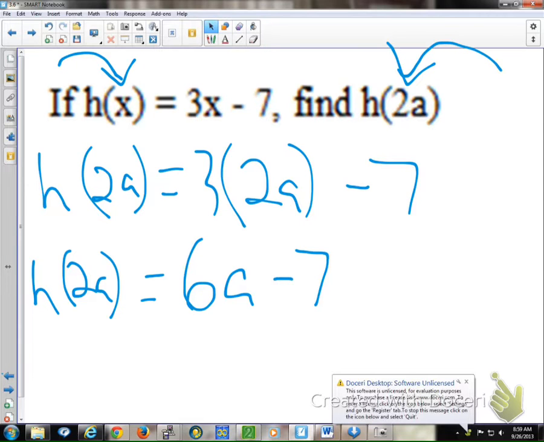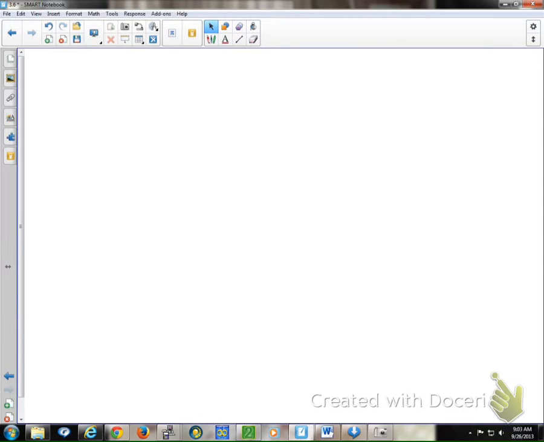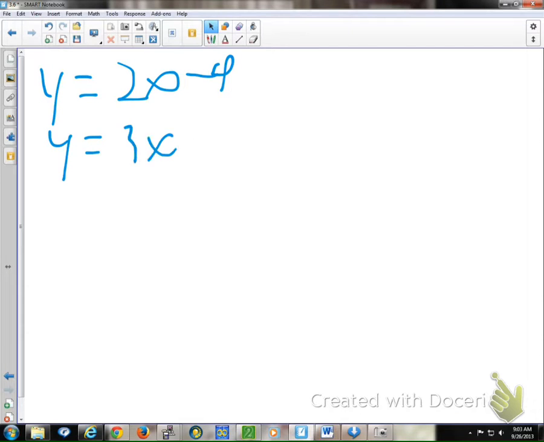The worksheet's done, right? Let me quickly show you, and I'm not going to give you any problems over this. I just want you to see it. Let me quickly show you the whole point of functions. All right, we're going to have 3 different equations. Not in function notation yet. These are just 3 different functions.